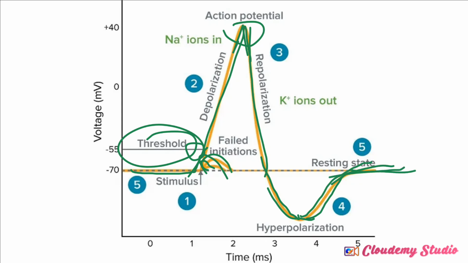So this process of moving from minus 70 to plus 30 is termed depolarization. The process of moving from plus 30 to minus 70 is termed repolarization. And the process of moving from minus 70 to minus 90 is termed hyperpolarization. You understand? You don't see this period. This period that it is trying to move from minus 90 to minus 70